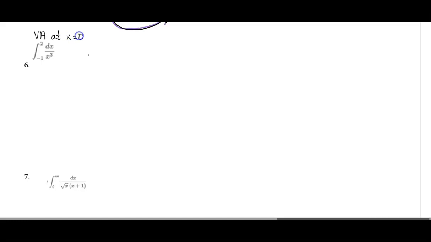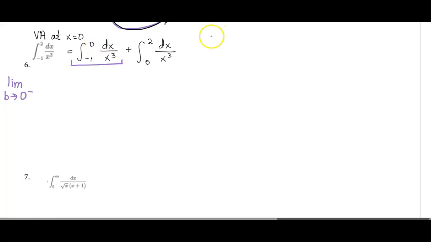So what we're going to have to do is come in and split this integral up at that problem point of 0. So we'll talk about the integral from -1 to 0, and then we'll talk about the integral from 0 to 2. Starting with the integral from -1 to 0, 0 is still a problem. So with this first integral, we're going to have to introduce a limit. I'm going to introduce the limit as b approaches 0 from the left, because I'm talking about from -1 to